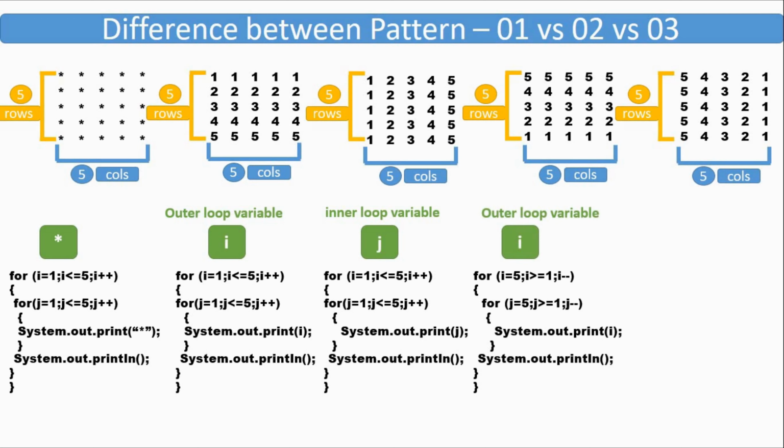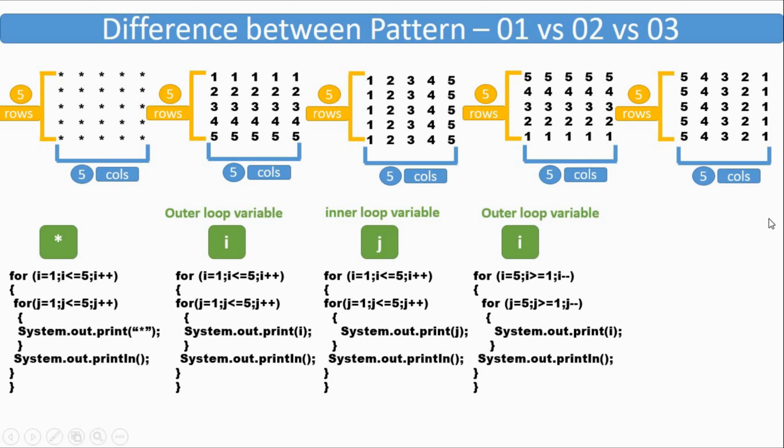Here with the inner loop there is no such boundation, it needs to run 5 times. Either it will run from 1 to 5, or 5 to 1, or 10 to 14. It will have no impact on this pattern, because this pattern depends on the outer loop variable, not the inner loop variable, and the work of the inner loop is to run 5 times.